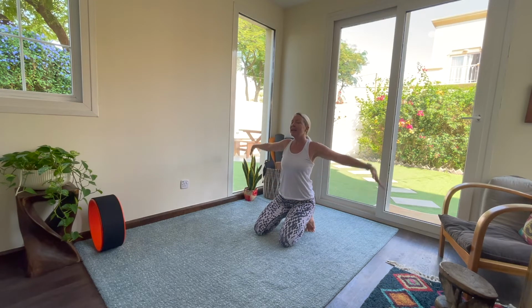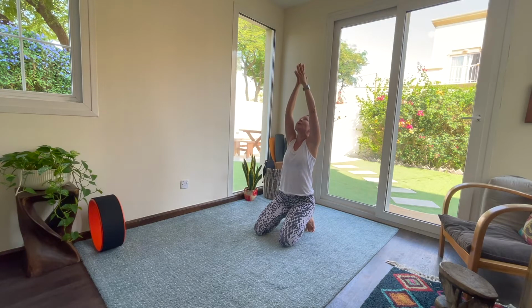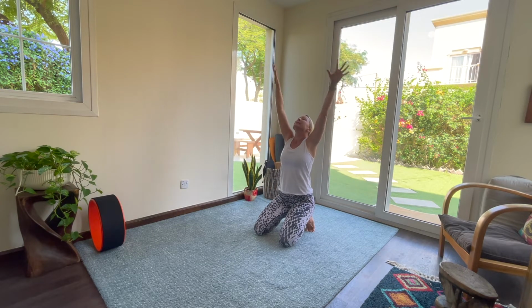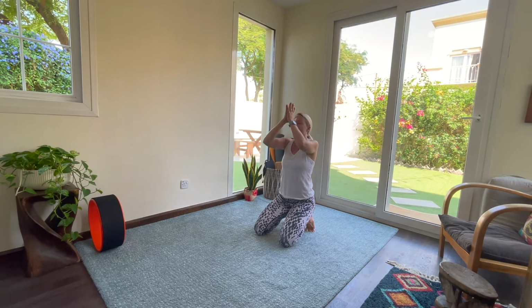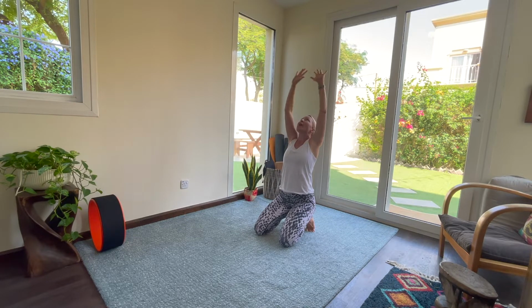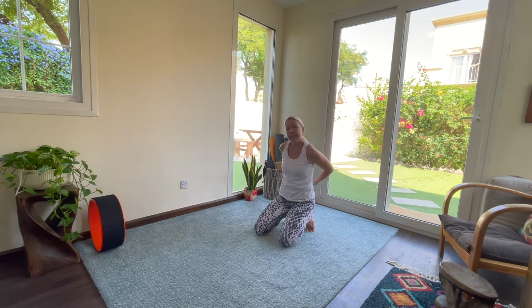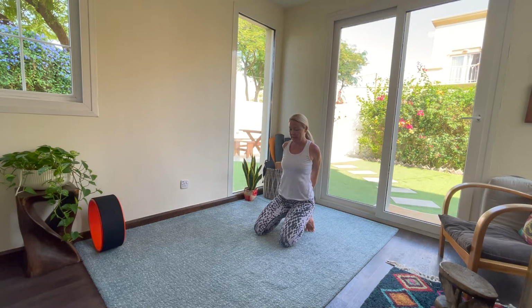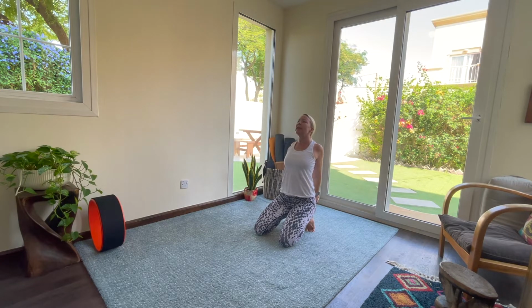Let's inhale, arms up, reach up tall, and then exhale, hands down. Let's inhale and exhale. Let's inhale, reach up tall, and then on our exhale, let's take our hands behind us, interlace our fingers, and then squeeze the palms together. Let's slide our hands down with a big inhale, open up the chest, lift the hands away from your body,